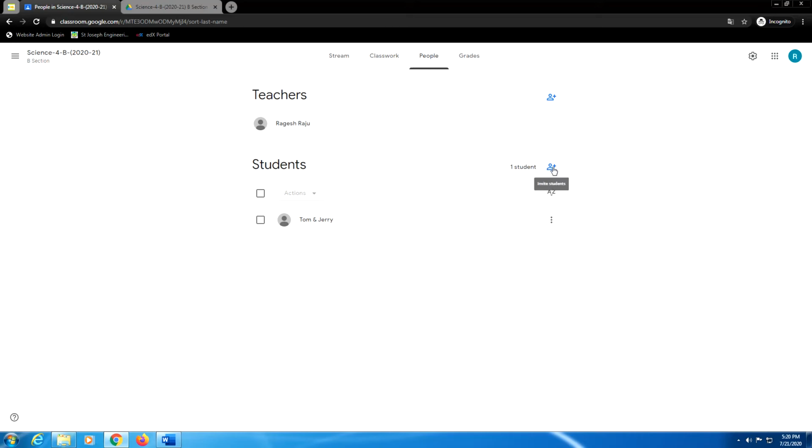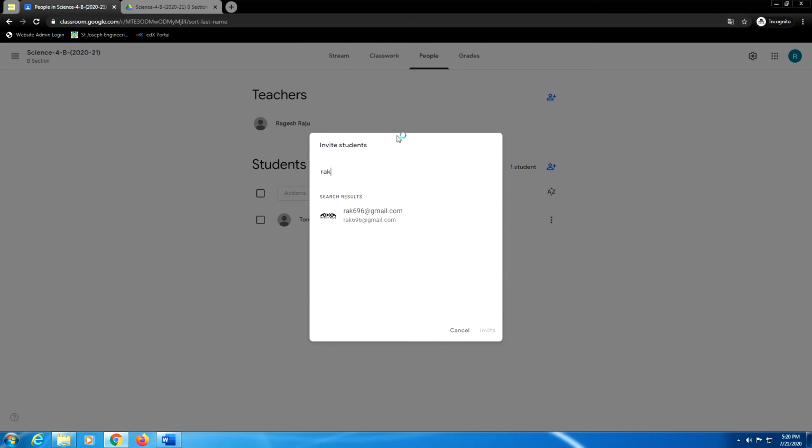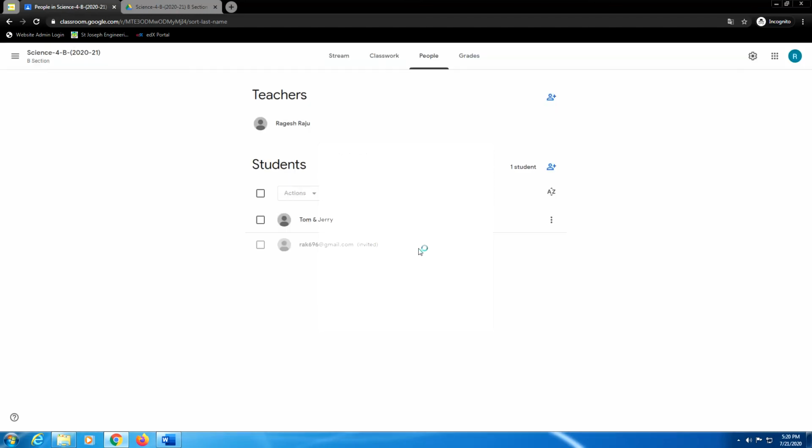Just imagine that I have the email ID of the student. So what I will do is, I just type the email ID of the student and I click on invite. So you can see the difference in both the cases. When a teacher invites a student, it will show like this. For example, this is the email ID of the particular student, and that student is being invited. So he gets a personal email invite there. Unless and until he joins, it will be showing as invited. When the student joins a particular classroom, the invited option will go away, and the particular student will be active. So that is how it comes.